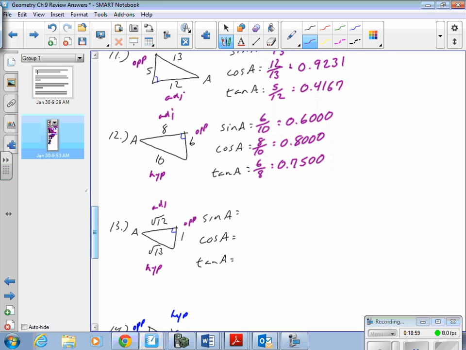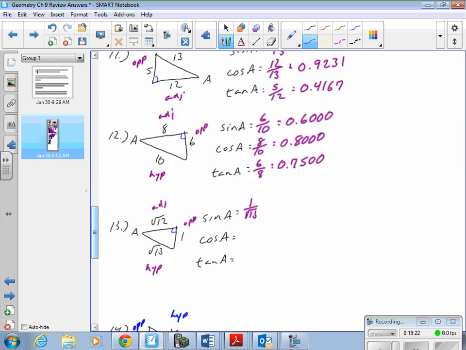Alright, so then 13. From angle A, you've got 1 is the opposite side, square root of 12 is the adjacent side, and square root of 13 is the hypotenuse. So for the sine of A, opposite over the hypotenuse is going to be 1 over the square root of 13,